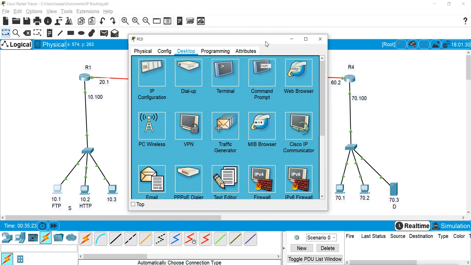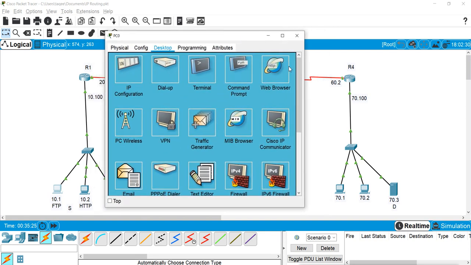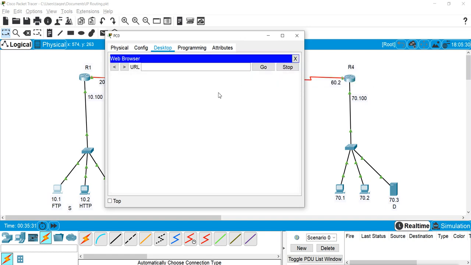For checking the web server, I will go to this web browser here on desktop, and here I will give the URL of this site. Now we don't have a site here, we don't have a DNS here, so I will mention the IP directly of the server. So 70.0.0.3 and I say go.